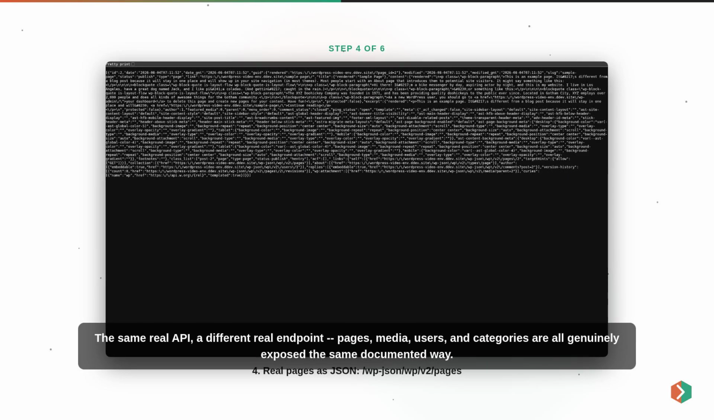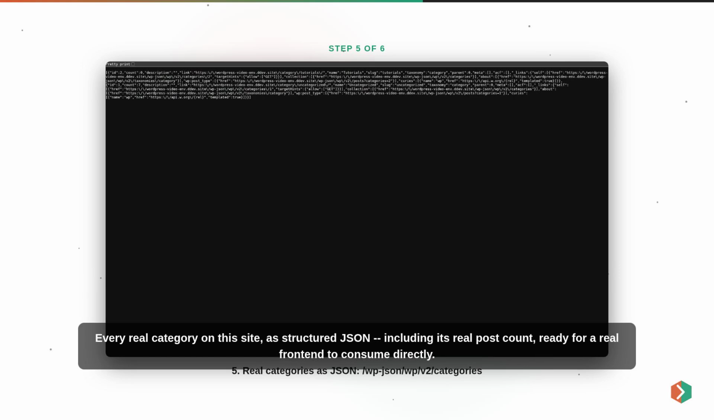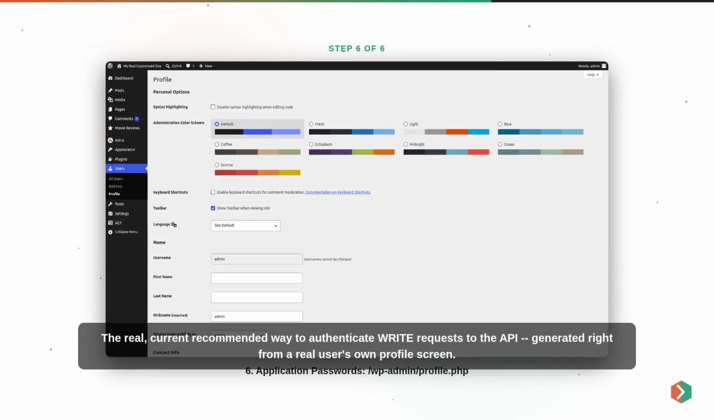The same real API, a different real endpoint, pages, media, users, and categories are all genuinely exposed the same documented way. Every real category on this site, as structured JSON, including its real post count, ready for a real frontend to consume directly. The real, current recommended way to authenticate write requests to the API generated right from a real